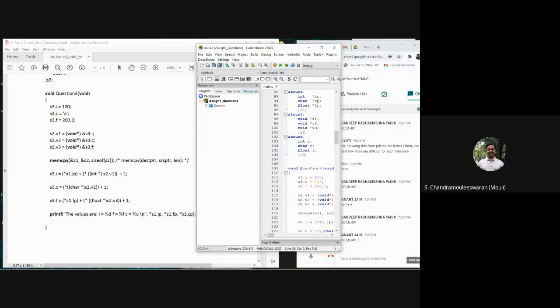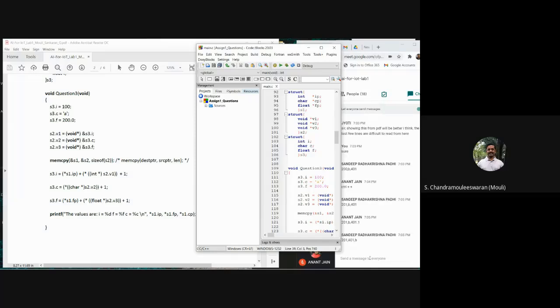Very good. But the order is a little bit different. Anant Jain, this order looks different.